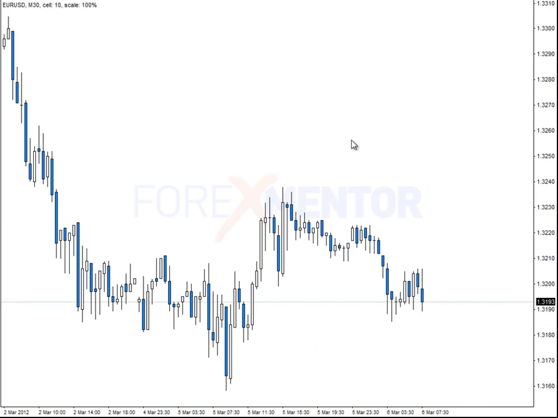Now remember, a crab pattern, as with the butterfly, is an extension or projection pattern. It's found at extremes, and you're normally going to find them when the market's really moving quite vigorously in the opposite direction. So it can be quite daunting to try and trade a pattern like this. And here again, I recommend that you back test them on some sort of software like this, if your platform can't do it,